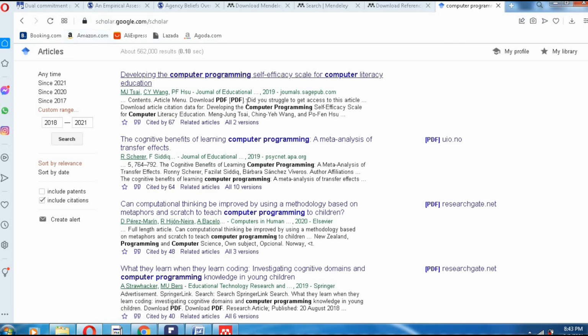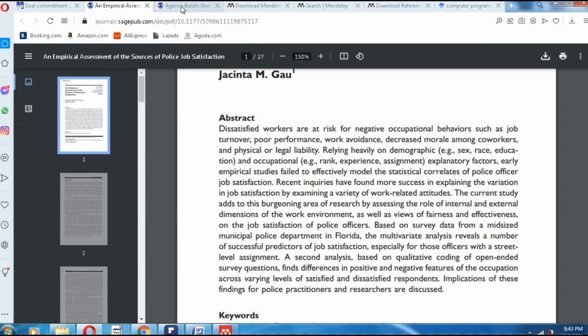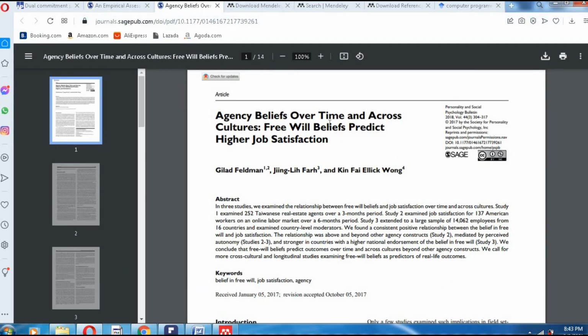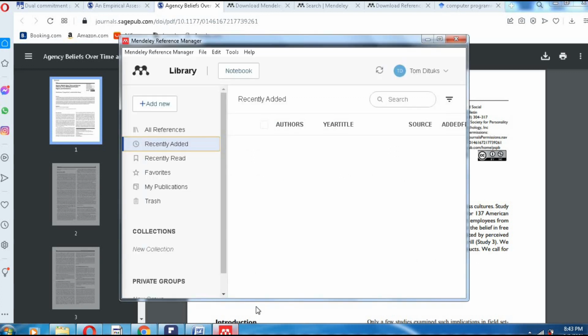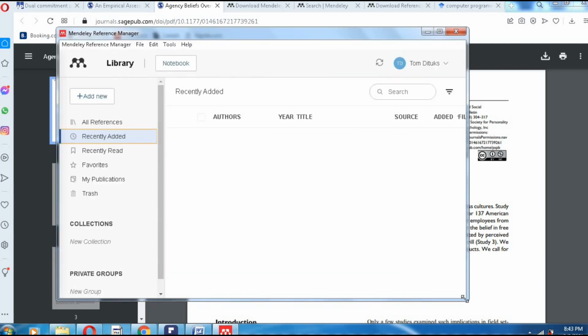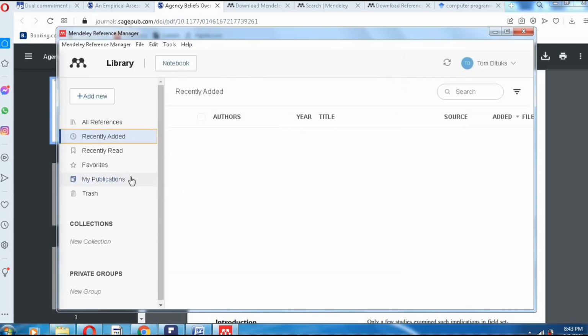So, balik na tayo sa Mendeley. So take note, we already downloaded our PDF files. So, ngayon, gamitin na natin si Mendeley. Okay. Yung na-download nyo po sa Mendeley, sa PDF files, ilalagay nyo po siya dito sa Mendeley. So, add new. I will make here, let's say files from computer,